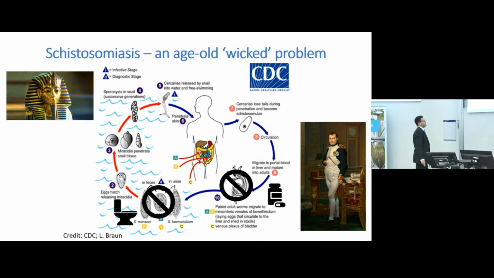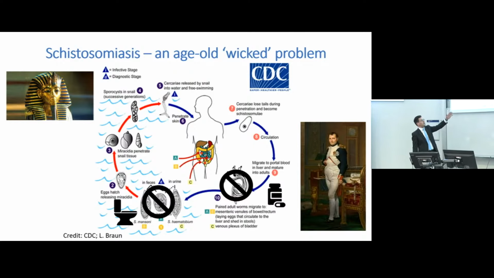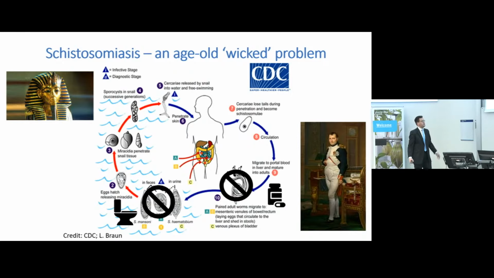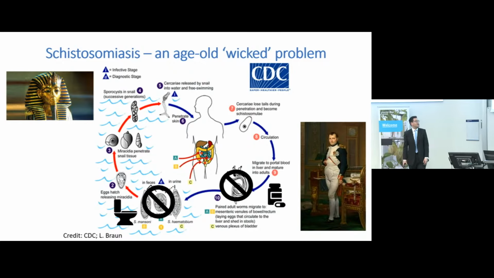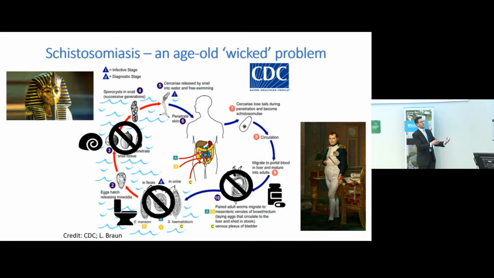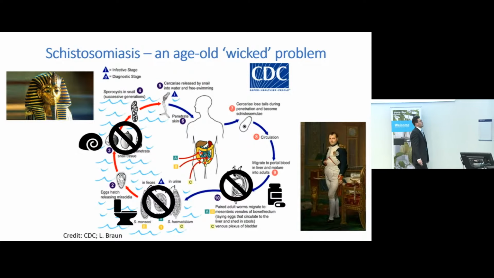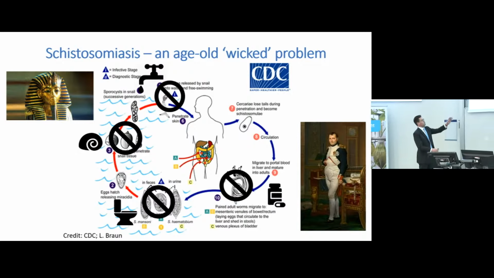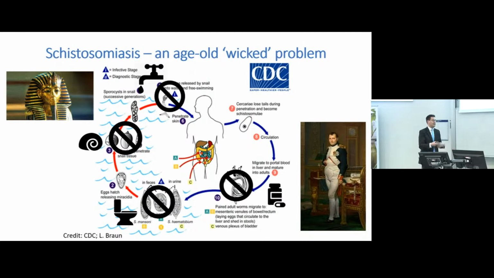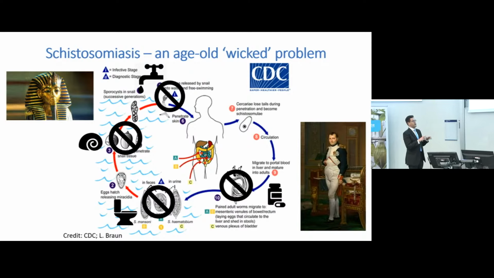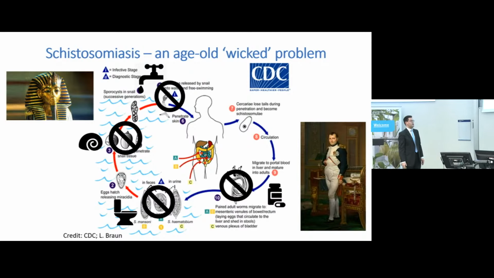We could put toilets in, which would prevent someone from spreading the parasite into water, if you can contain the waste and make sure that it doesn't somehow end up in a nearby river or lake where people would have contact with the water. We could try to kill all the snails, which is another approach that's been used, because if there isn't the intermediate host, the disease couldn't really continue. Or, if we assume that some of those other solutions are not in place, or are not going to be in place anytime in the near future, we could look at just trying to make the water safe. So assuming it's contaminated, try to treat the water and understand how we can make the water safe so that people can have safe access to the water.